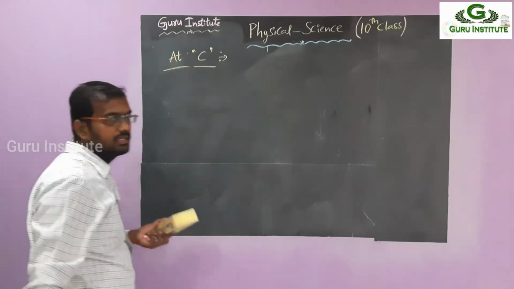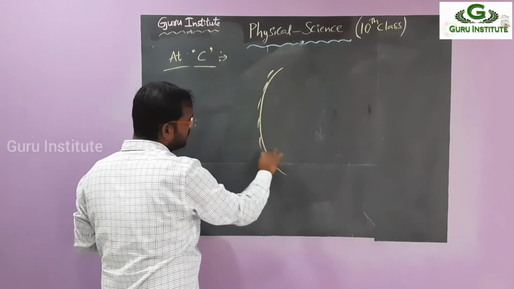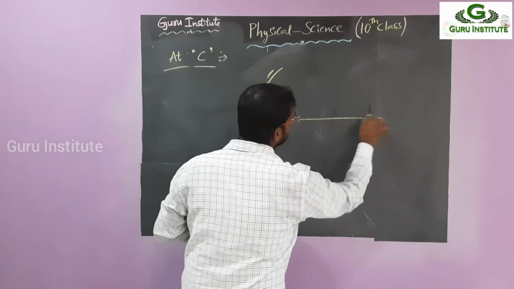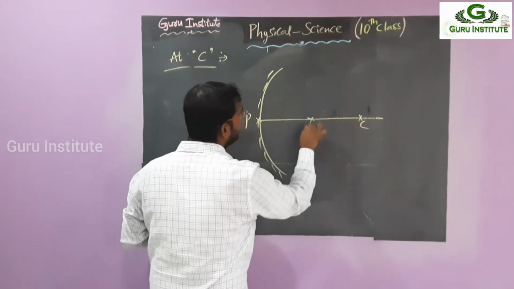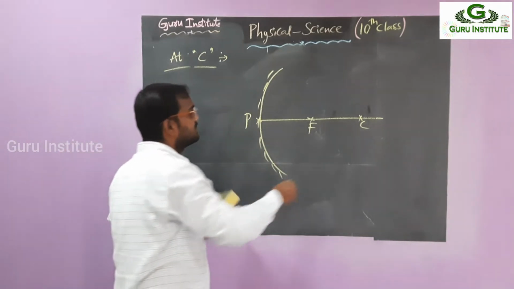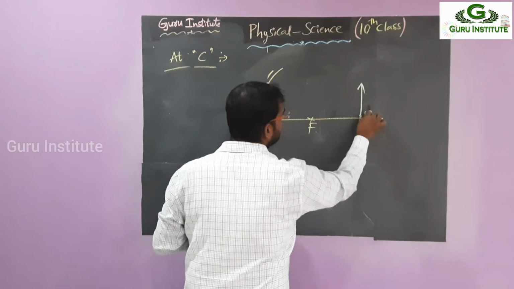How it would be like this. We have to say same to same. In all the cases we have to take the same to same. Just observe here. You have to observe the drawing only. Again here, what is our case? At C position. I am taking the object here, at C. So this is the object.